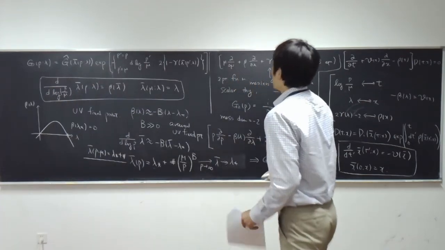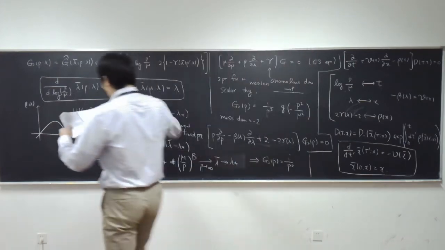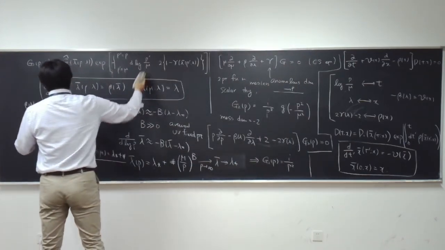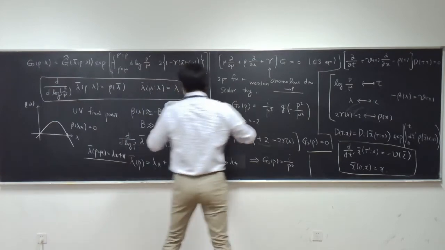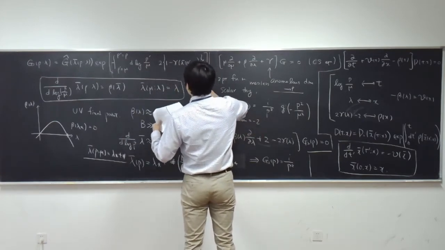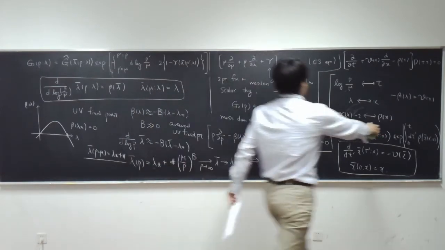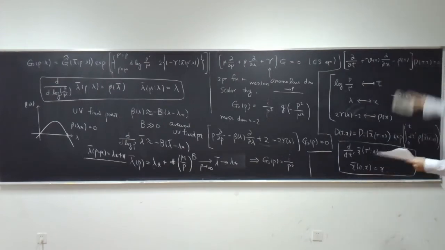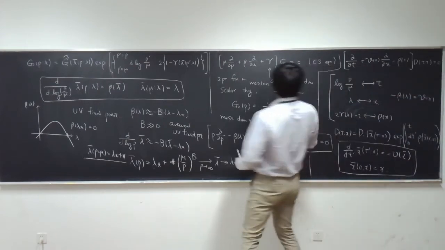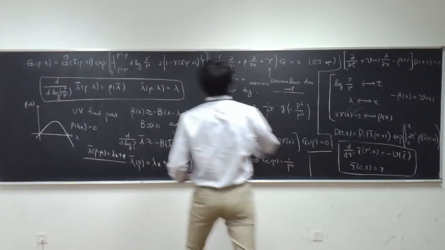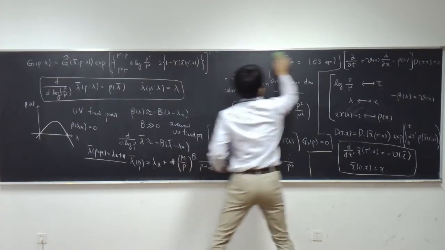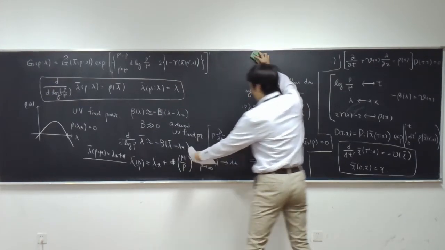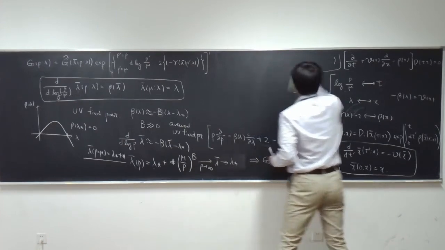Then you can take a look at the solution of this Callan-Symanzik equation by using the analogy of the evolution equation, which I used before. Then one can obtain this fact, the exponent B in the